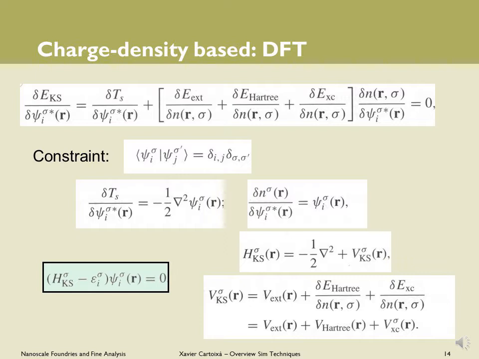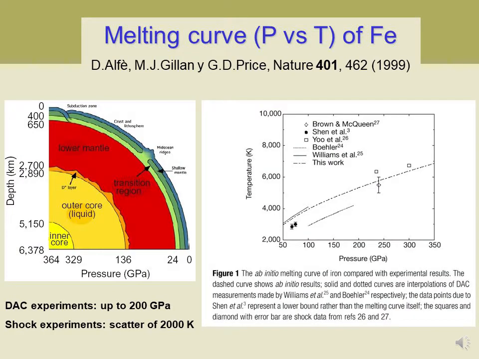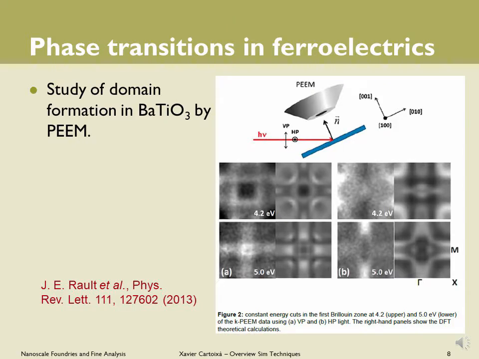Once you have that, with these methods, you can study reactions, or you can study phase transitions, for example, the melting curve of iron, and understand why the inner core of the Earth is solid, although it is at a very high temperature. Or you can also understand other kinds of phase transitions, such as those, for example, taking place in ferroelectrics. Here you have experiment, and then you compare with ab initio simulations, first principle simulations that pose some candidates for the atomic structure, and then you compare